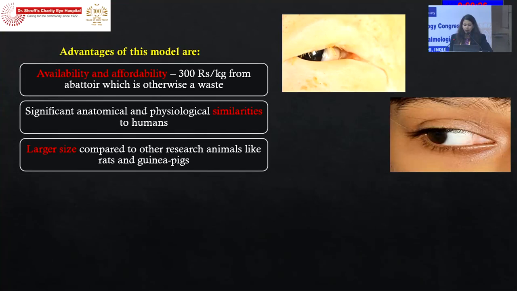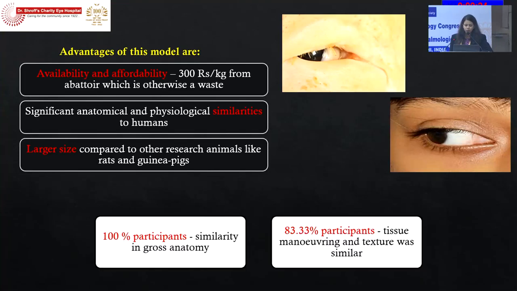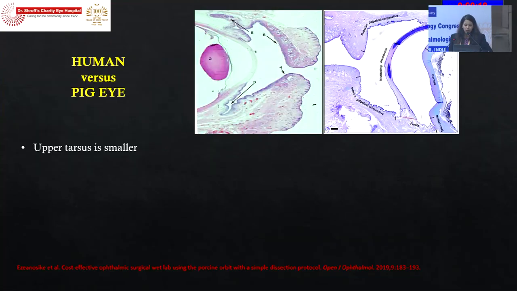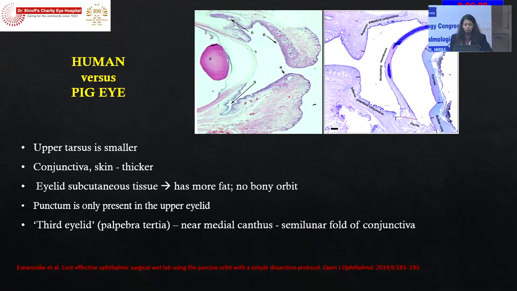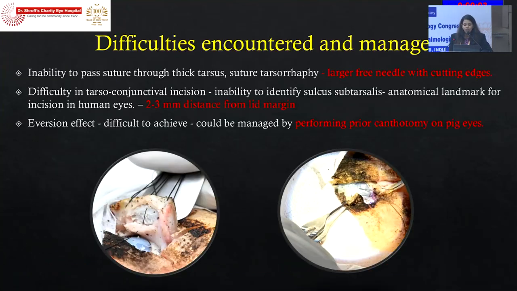And they have similarities to the human eye, which I will just show in the next slide. And this was also reflected from our responses from the participants. Compared to the human eye, the upper tarsus is a bit smaller, the conjunctiva and skin are thicker, it has more fat, no bony orbit, puncta is present only in the upper lid, and also other features. There were some difficulties which were present, but they were managed with a larger cutting needle or performing prior canthotomy